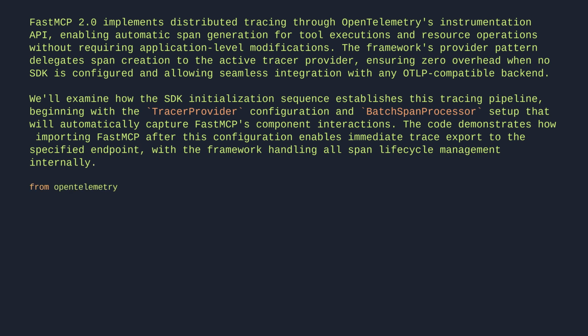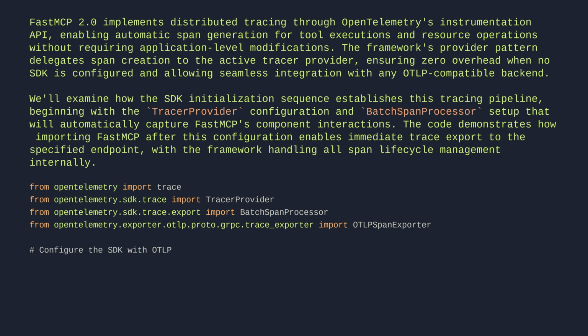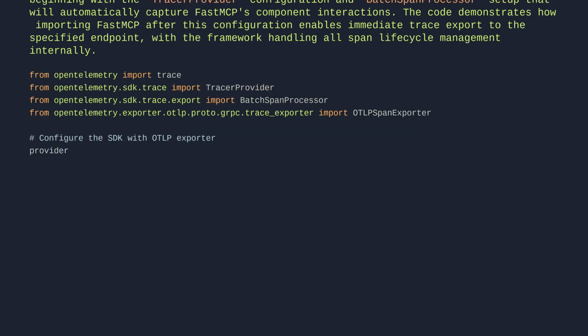From opentelemetry import trace. From opentelemetry.sdk.trace import TracerProvider. From opentelemetry.sdk.trace.export import BatchSpanProcessor. From opentelemetry.exporter.otlp.proto.grpc.trace_exporter import OTLPSpanExporter. # Configure the SDK with OTLP exporter. provider = TracerProvider(). processor = BatchSpanProcessor(OTLPSpanExporter(endpoint=